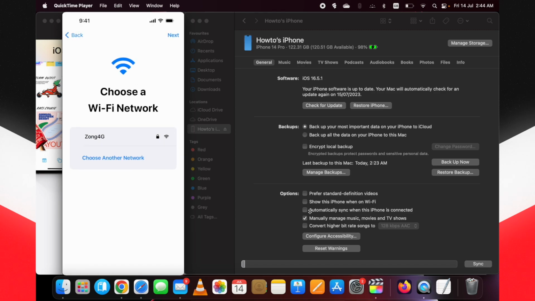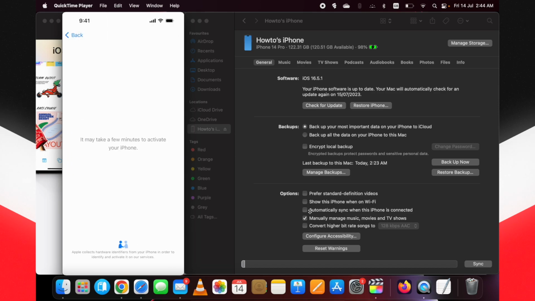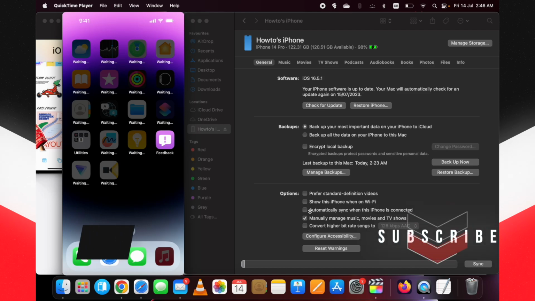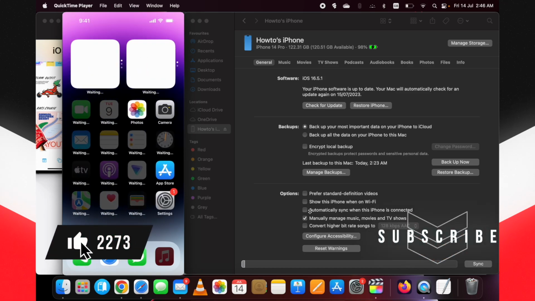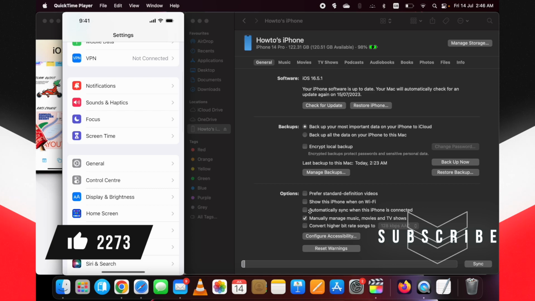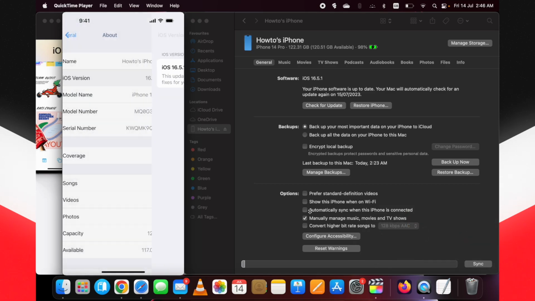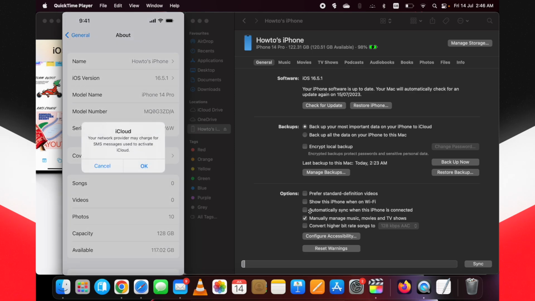After the restore, just go through the setup process. Here I am after the setup process, and here you can see I got those two iOS 17 apps back in my device. This is how to restore iOS 17 backup in iOS 16 after downgrading iOS 17 to 16. This is how to downgrade iOS 17 public beta to 16 without losing data on Mac.